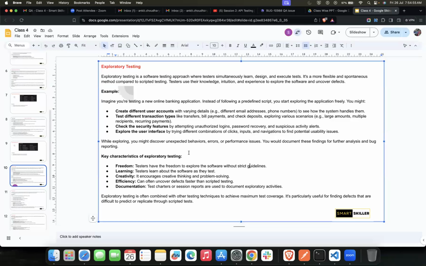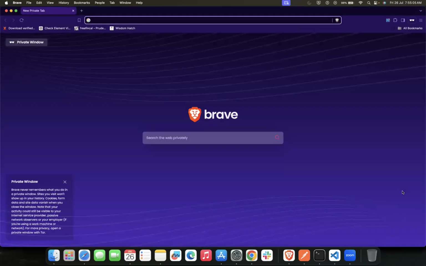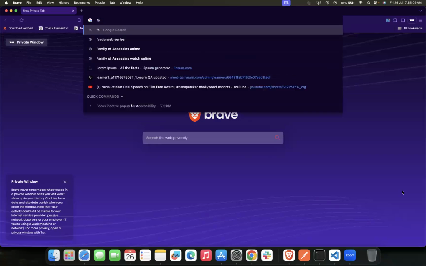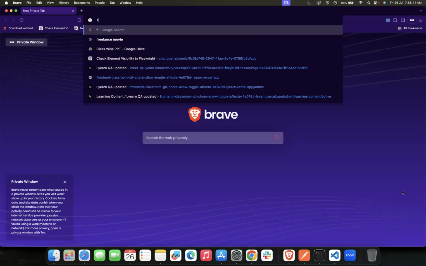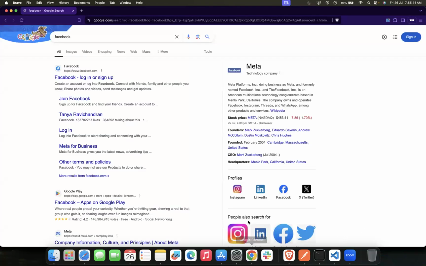Like we can test the login button, we can test the home button, anything you can test. But there is a catch: even though it's random testing, you have to test the entire functionality.